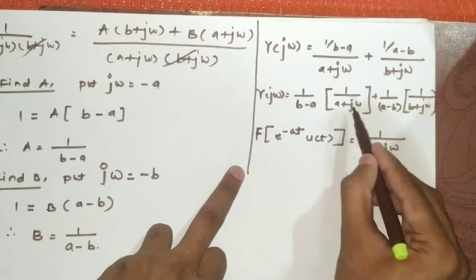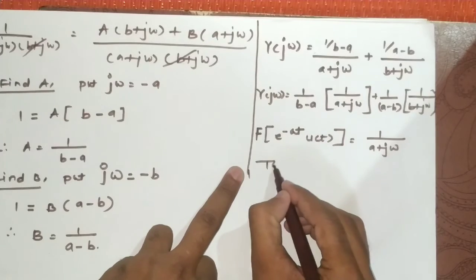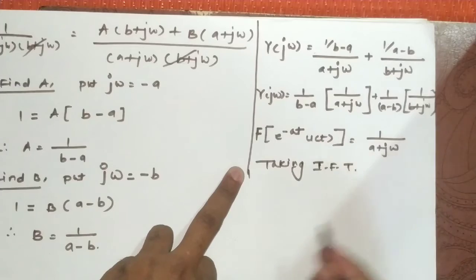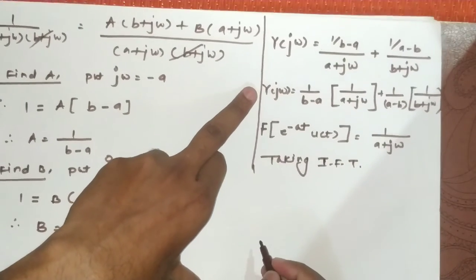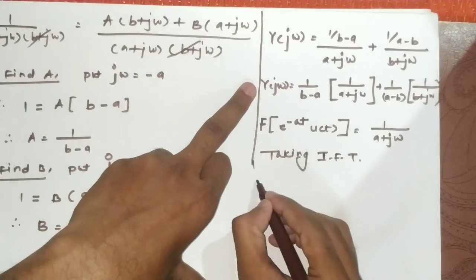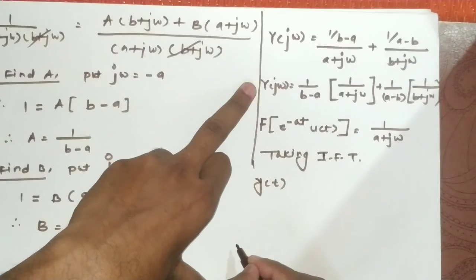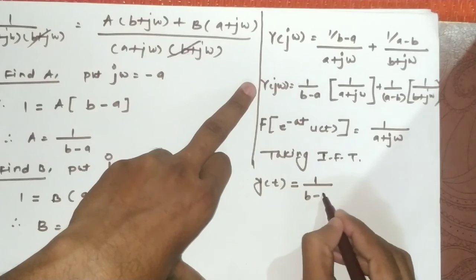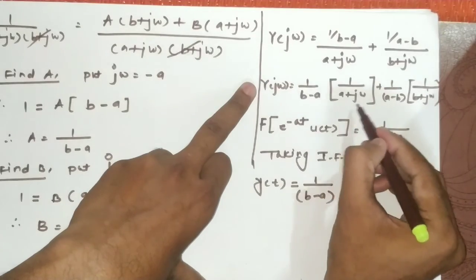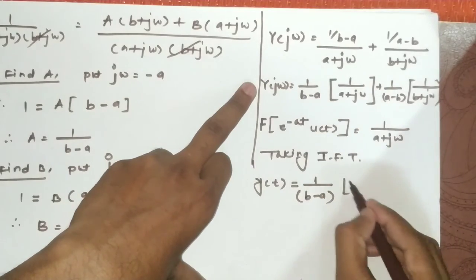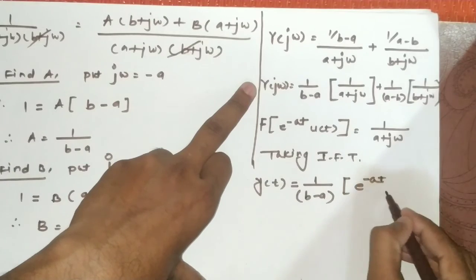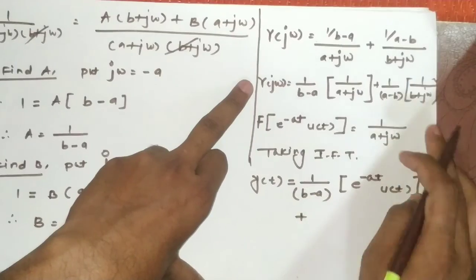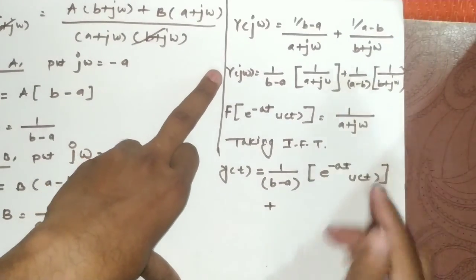So we have these two sets of equations. Taking the inverse Fourier transform, y of j omega's inverse Fourier transform gives y of t, which is equal to the first constant term as it is, 1 upon b minus a, into this inverse Fourier transform, e raised to minus at into u of t, plus for this case the first constant term